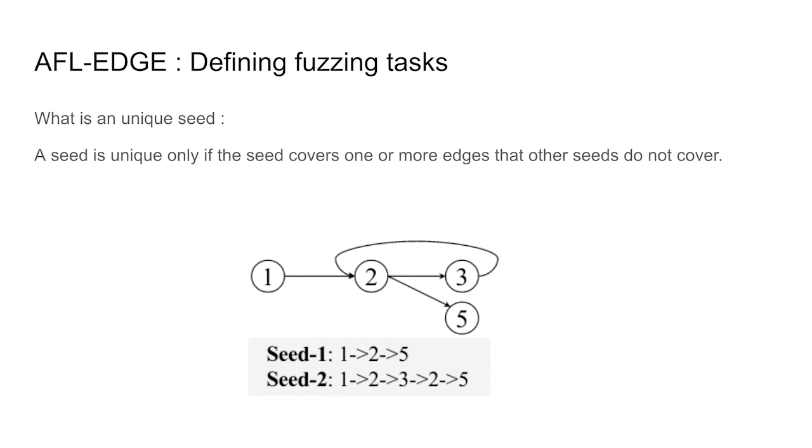We consider a fuzzing task to be running one round of the mutation on a unique seed. We adopt a definition of seed uniqueness that balances between the effectiveness and the conservativeness. In our solution, to determine the uniqueness of a seed, we consider the edges, with their hit counts, covered by the seed as a criterion. For example, as shown in this figure, when seed 1 and seed 2 both exist at the same moment of the task distribution, we will consider seed 1 non-unique since seed 2 has all the edges of seed 1.